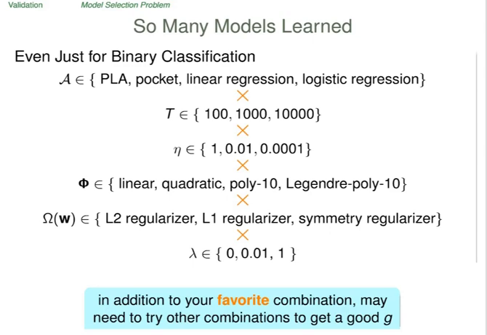Let's say that we have a binary classification problem and we want to select the best performing model, given that we constructed a set of models that include the perceptron learning algorithm, pocket PLA, linear regression, and logistic regression